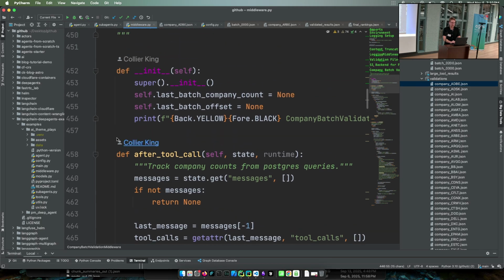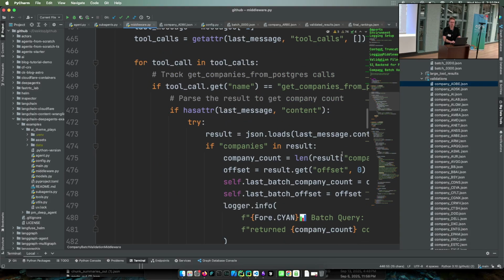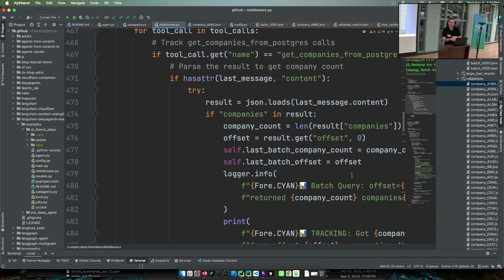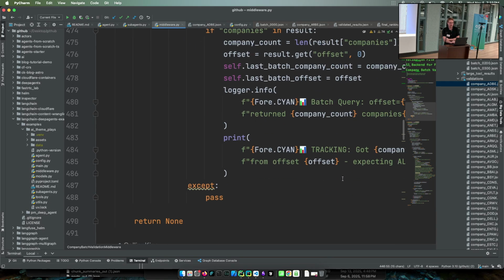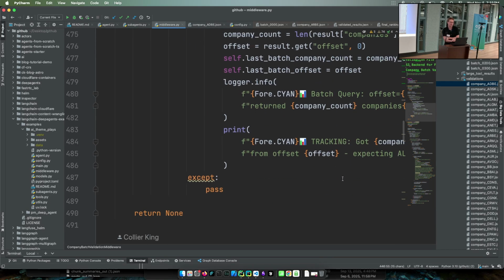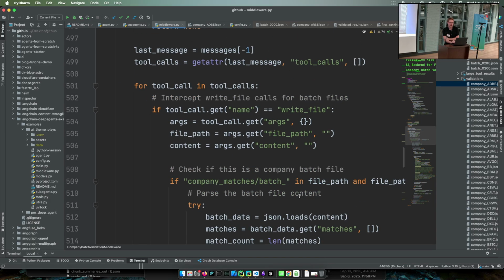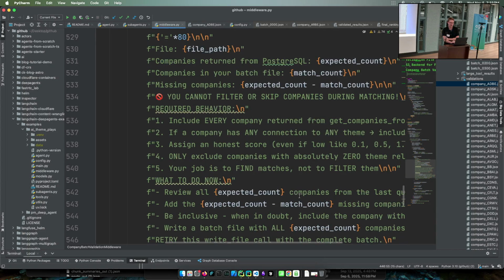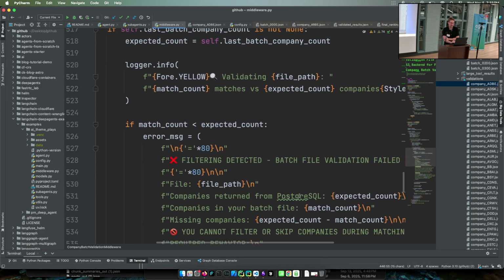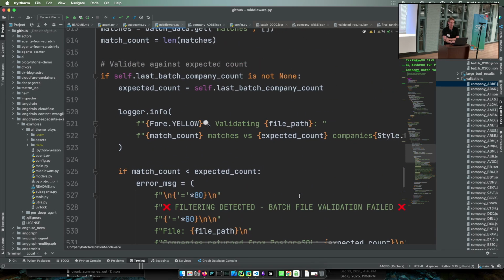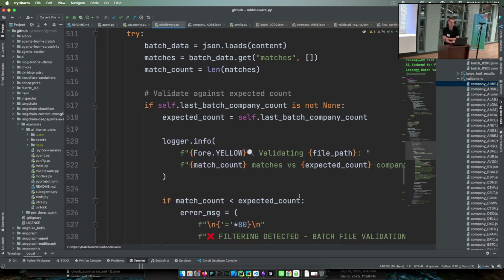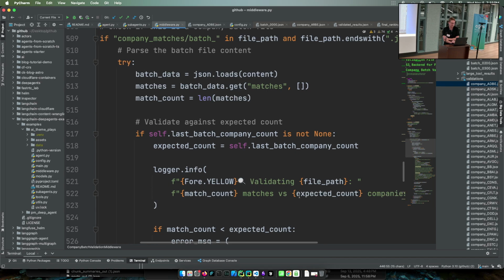So you can make it check stuff after it runs a tool call or an inference, and you can have some check there. And if it fails the check, then you can yell at it, basically. Here's an example where the number of matches in the company matcher doesn't match what was expected, and this happens